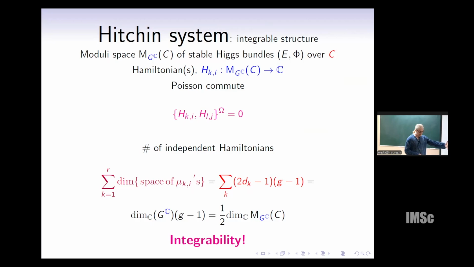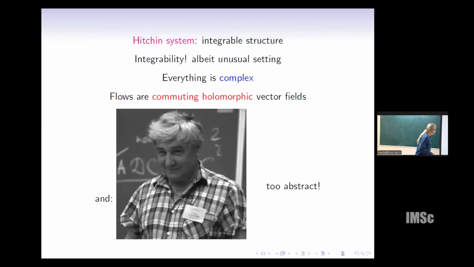So for SU(N), you will just get all even numbers starting with 3. So it's an interesting integrable system. It's a bit unusual. I mean, it was unusual in '87 when Hitchin introduced it. Maybe it was unusual in the West. For people in the Soviet Union, it was not that unusual. They already dealt with these complex systems, but